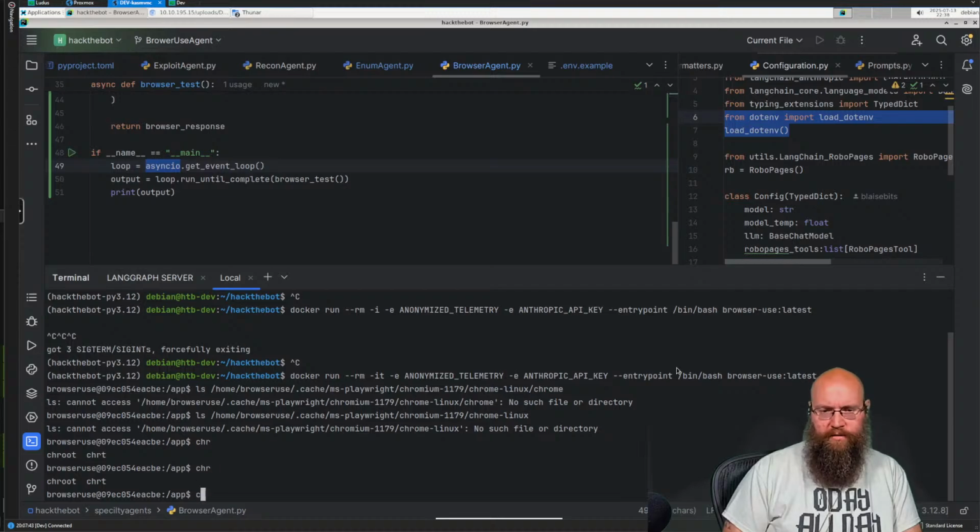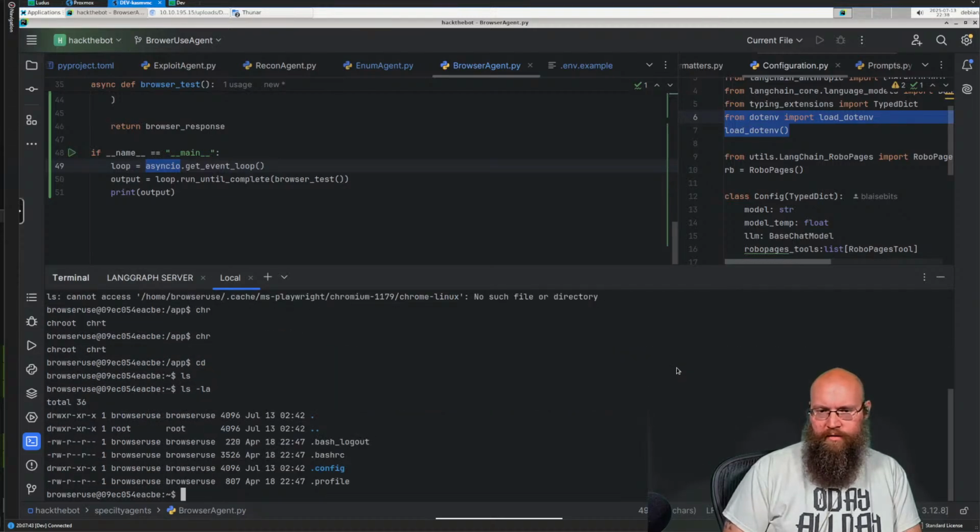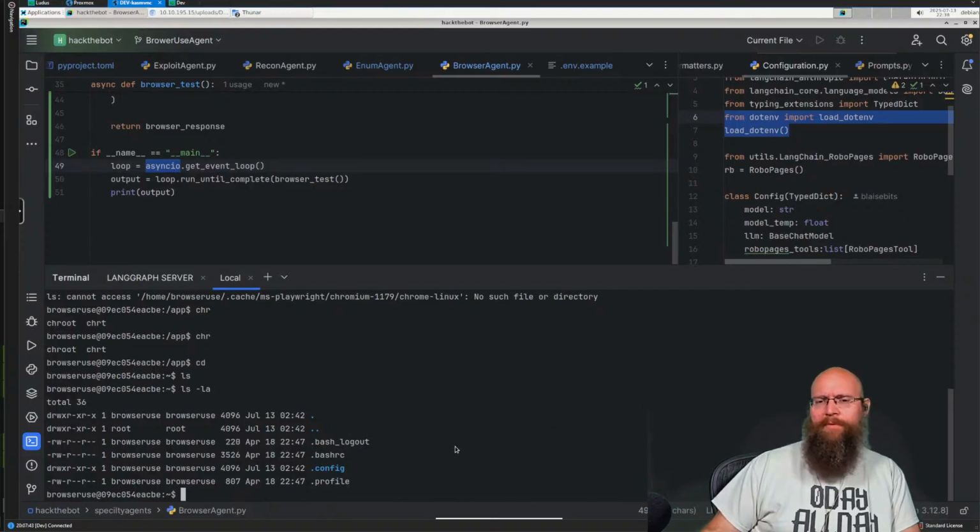Let's see. CD to the home directory. Interesting. So for some reason, Playwright is missing its Chrome install here. That is absolutely not correct, because when we went through the Docker file, it was installing everything.